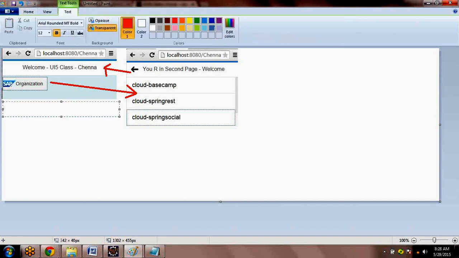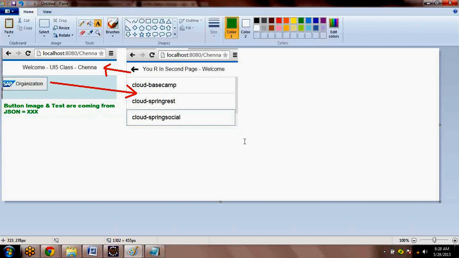Button, image, and text are coming from JSON XXX. I am just putting JSON XXX. And here what is happening? The names are coming from what?